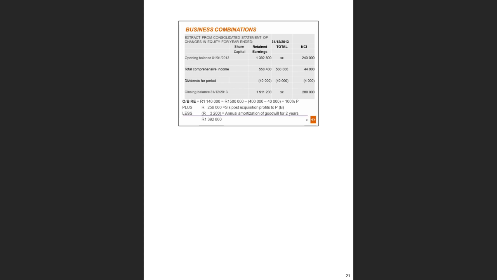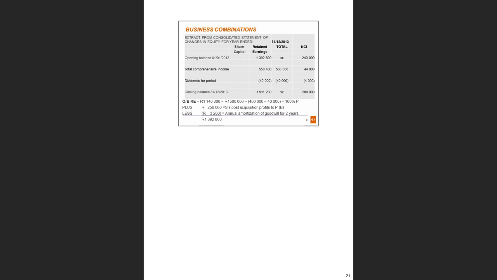Based on the information they've told us, we are going to calculate the opening balance by taking the 1,500, which is our closing balance of retained earnings for P,